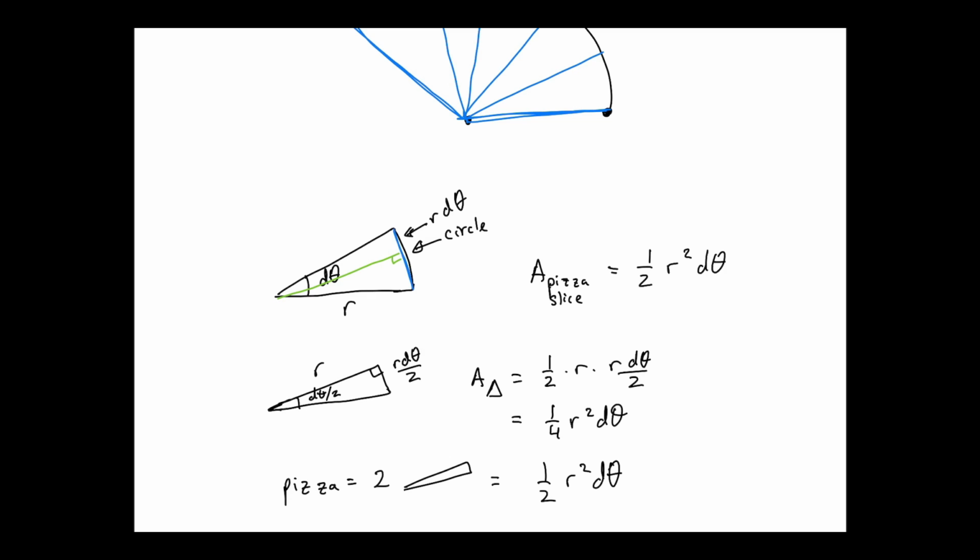Now imagine you could call up the pizza company and say, I want you to cut it into 1,000 pieces. Then each of those pieces is going to be pretty much a triangle, not a pizza slice with a circular back. It's going to be really close to a triangle. That's basically what we've done. We're calling the pizza company and saying, take the limit as the number of pizza slices goes to infinity. Now, they'll probably hang up on you, but